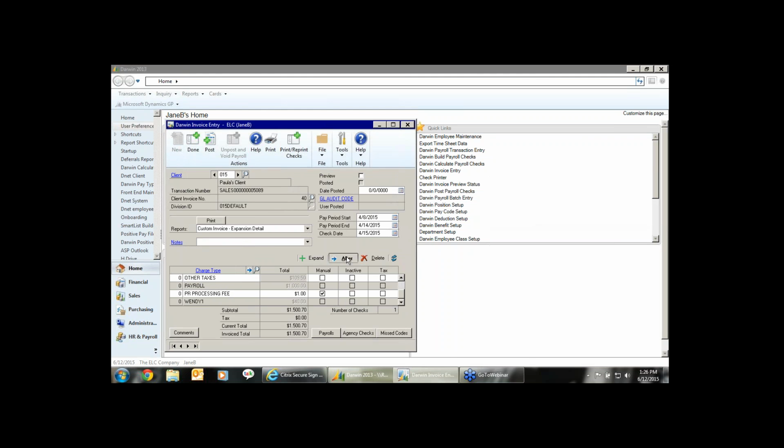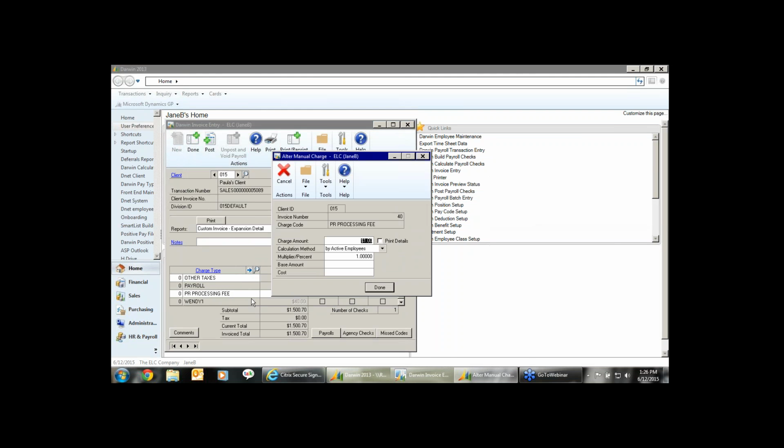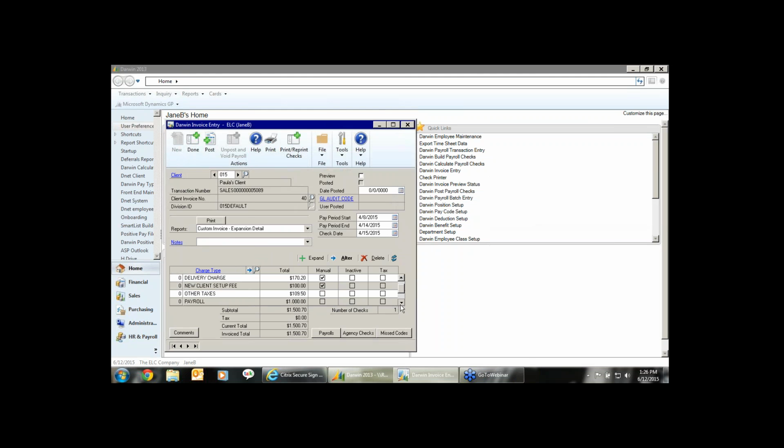That has not changed. Okay, when you want it to alter, you can always come out here, click on the charge, click on alter, and you can change it there. The one thing that's new is you can now come out here for those types of charges, and instead of going up to the alter button, you can just go through and once you're on that, click over. If it's a non-expansion detail and one that you are allowed to alter,